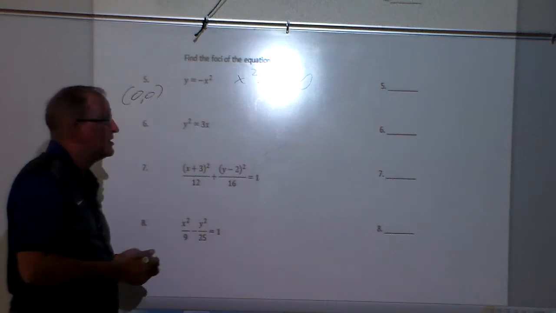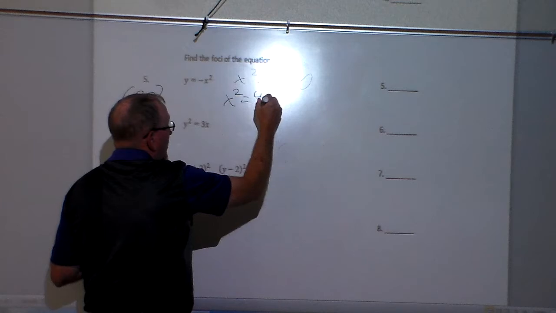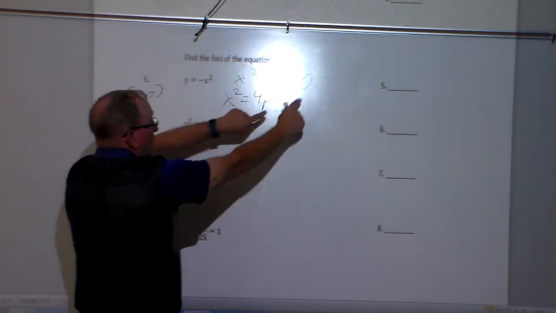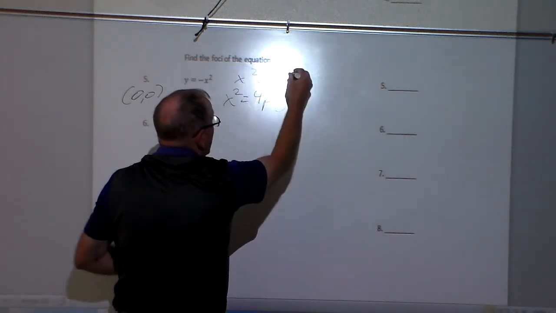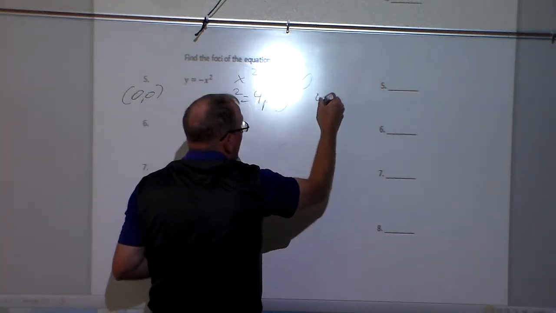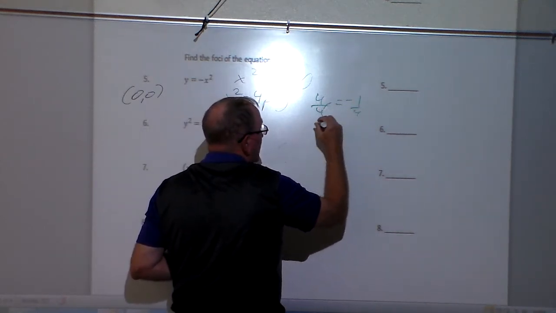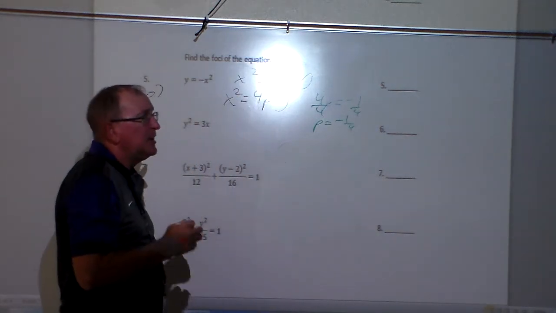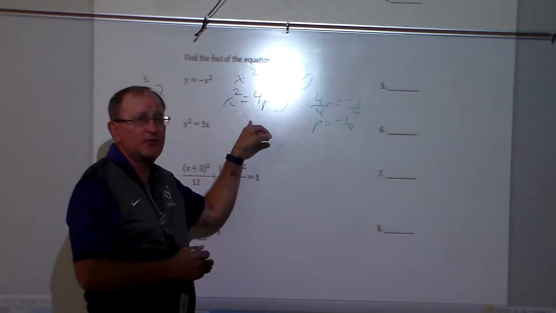And all I have to do is this. My big formula is: x squared equals 4py. Well, the x squareds are the same. The y's are the same. This is the same thing as a -1y. So basically, 4p equals -1, divided by 4, so p is -1/4. And the reason that's important is p is the distance from the center